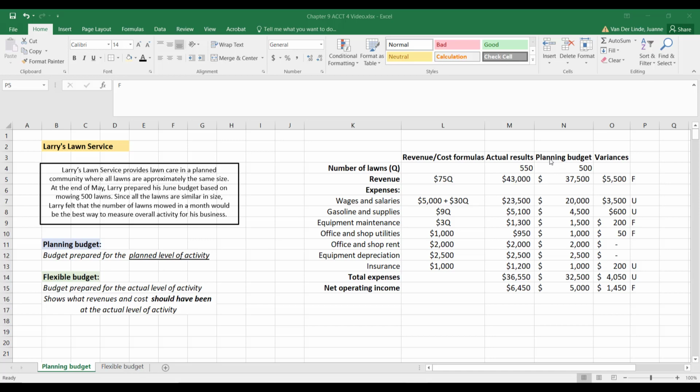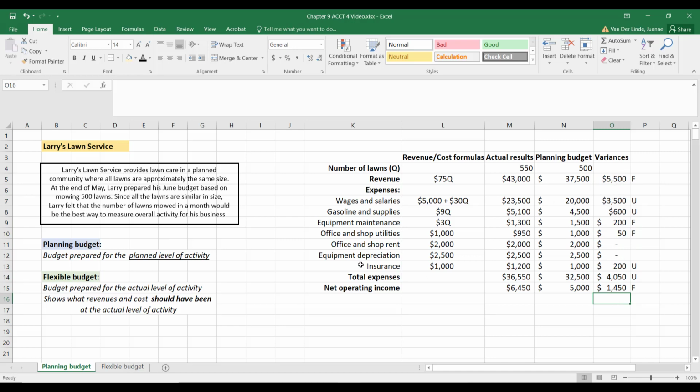Now that we've completed our planning budget and compared it to our actual results, we can go ahead and complete our flexible budget. So remember, why is a flexible budget necessary? With our planning budget, we are using a planned level of activity. And when that planned level of activity is different from the actual level of activity, here we mowed 50 more lawns than we planned for, then these variances that we computed, comparing actual results to planned amounts, aren't as useful as they could be, because there is more than one reason for